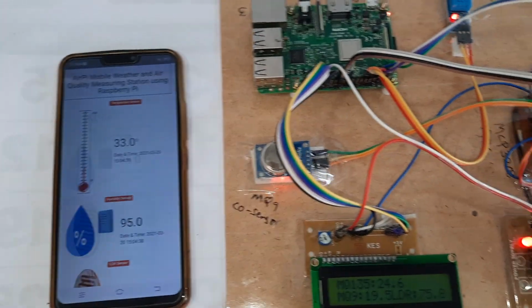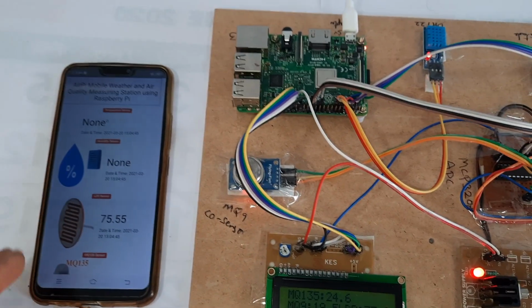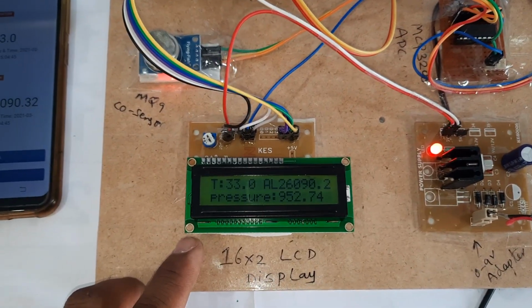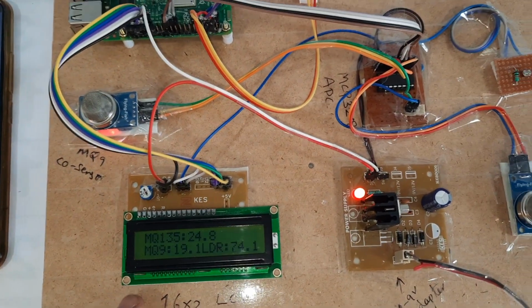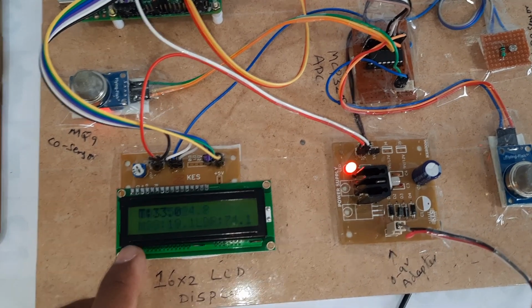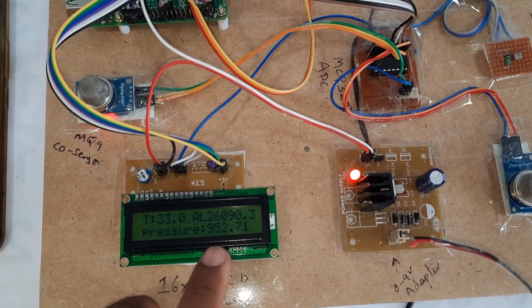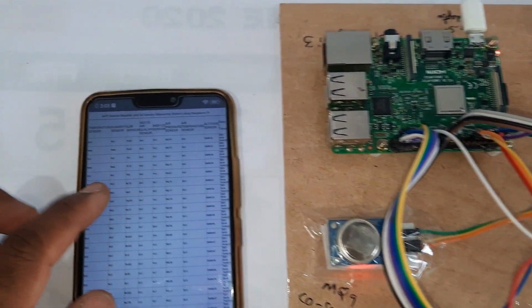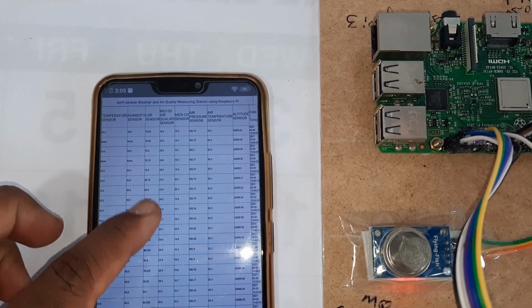All these sensors will be continuously updated onto the server. So temperature data, altitude data and pressure, MQ135, MQ9 and LDR sensor data, all the sensors will be updated onto the server.